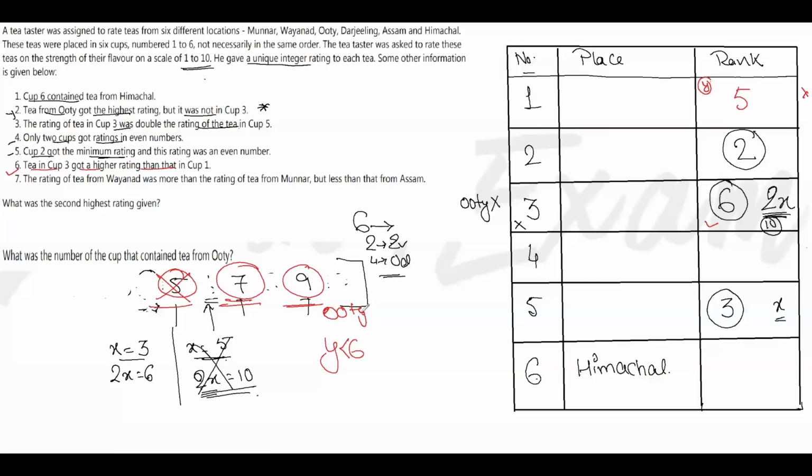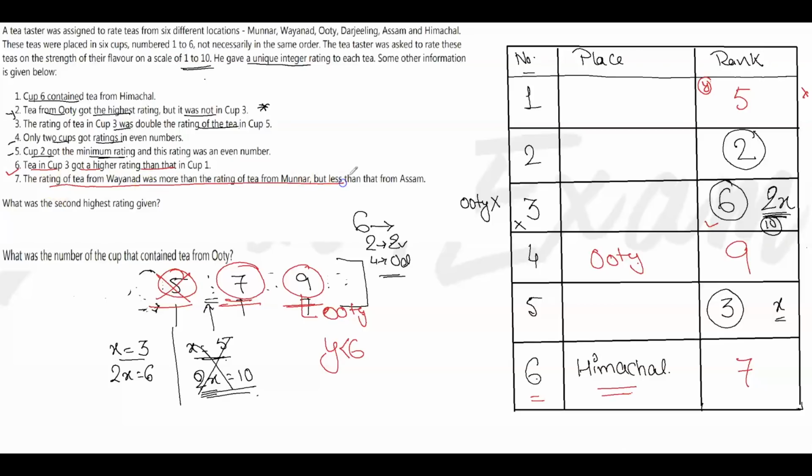Now 9 is with OT. I cannot place 9 with respect to cup 6 because I already have Himachal in its place. So cup number 4 would get a rating of 9, and the T here would be from OT, and cup number 6 would be getting a rating of 7, and the T comes from Himachal. So this is the entire solution up till now for the questions that we have, but we have not touched